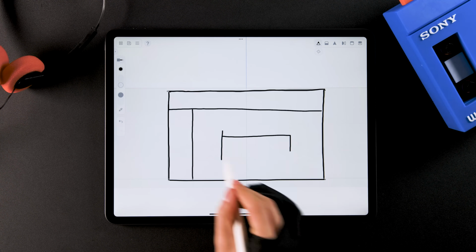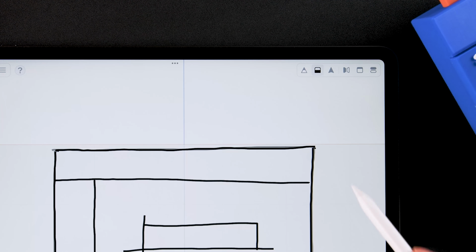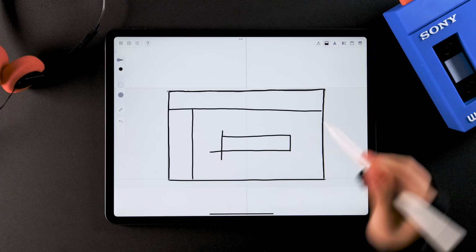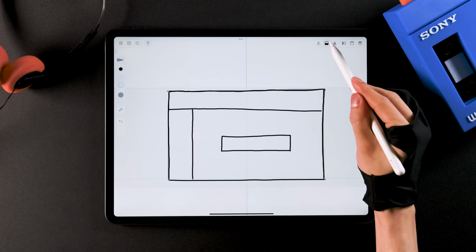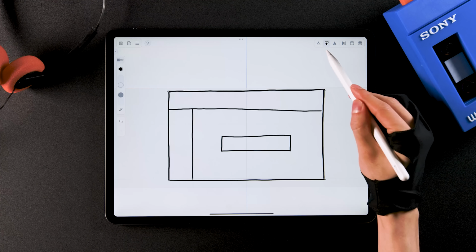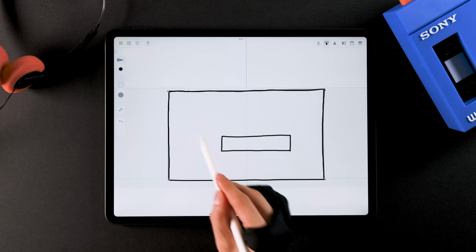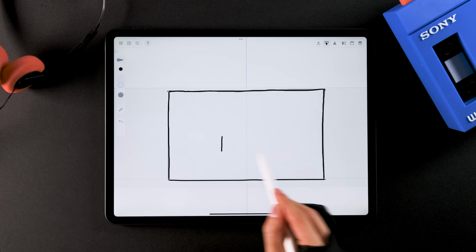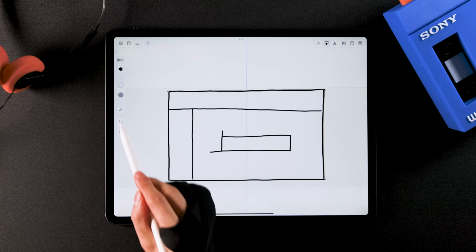If you want to erase the sketch, tap the erase icon on the tool menu here. By scrubbing the strokes, you can erase them in detail. Also, by tapping the eraser icon again, you can switch to another mode of eraser called vacuum. With vacuum, you can erase the sketch stroke by stroke. Let's erase everything for practice and recover by undoing the actions.